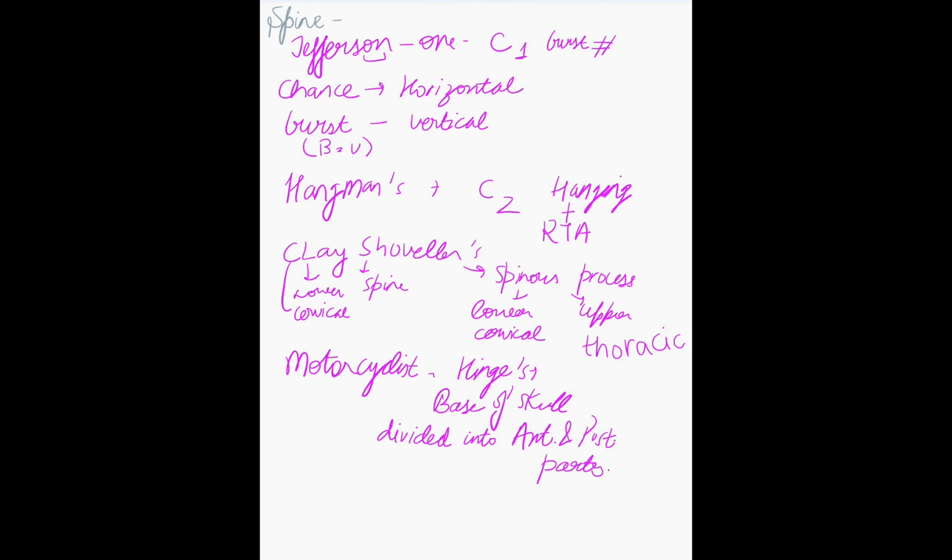Then hangman's fracture, C2. Hanging, and also seen in RTA, hangman's fracture. Then is Clay-Shoveler's. Clay-Shoveler's: C for cervical, L for lower, and S for spine. So lower cervical and upper thoracic spinous process can be injured in Clay-Shoveler's. Then motorcyclist hinge fracture, that is a base of skull fracture, and the skull is divided into anterior and posterior parts. The diagram has been discussed in the forensic section. So motorcyclist hinge fracture, Clay-Shoveler's lower cervical and upper thoracic spinous process, hangman's C2, then Jefferson C1, chance is horizontal,